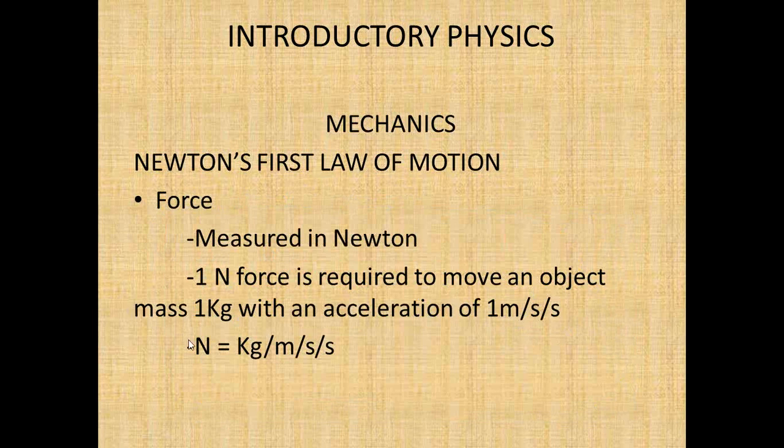So the unit Newton is equal to kilograms, which is the mass, times the acceleration, which is meters per second squared. So 1 Newton is equal to 1 kilogram meter per second squared. Okay, same thing. All right. But when we will